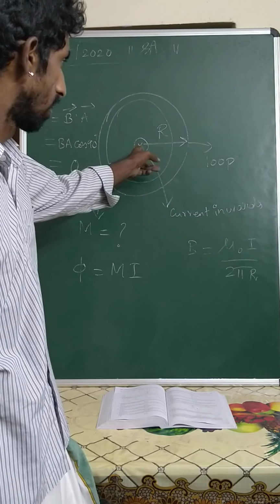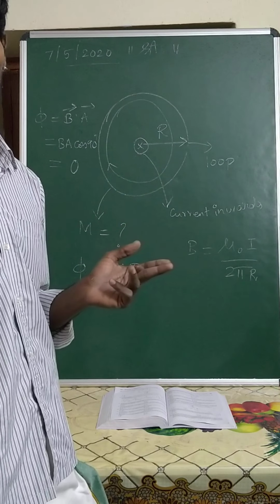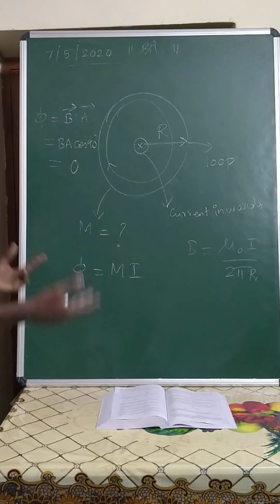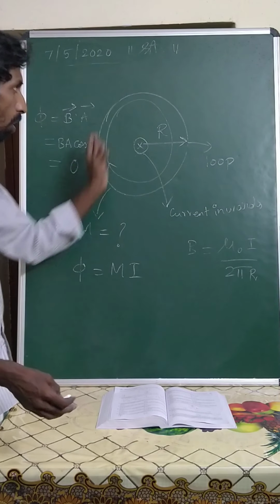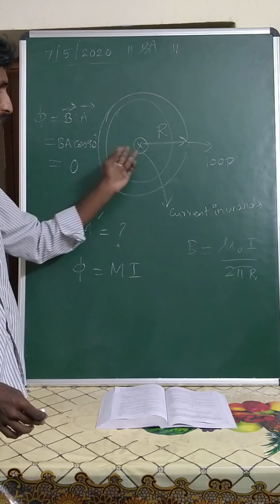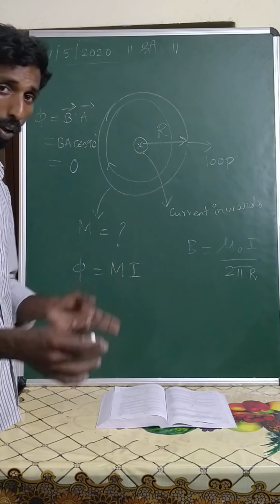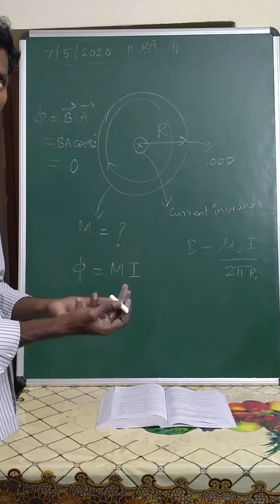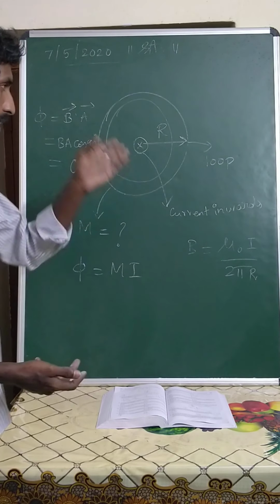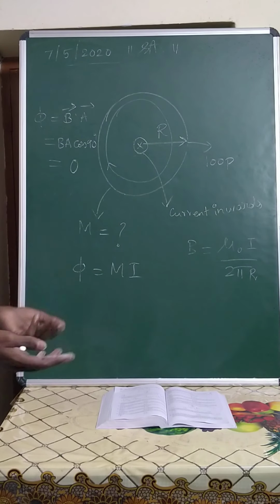But here this straight current carrying wire will not have any number of turns, so we cannot produce a relation for mutual inductance. Simply, we can write that flux induced is 0. So no flux is linking with this. Sir, it has a geometric radius and it is a circular loop, so we can write mutual inductance. But for writing mutual inductance, the other coil should have some geometric conditions, like a circular loop or anything. But it is a straight wire, it doesn't have any area of cross section or number of turns. So we cannot define that.